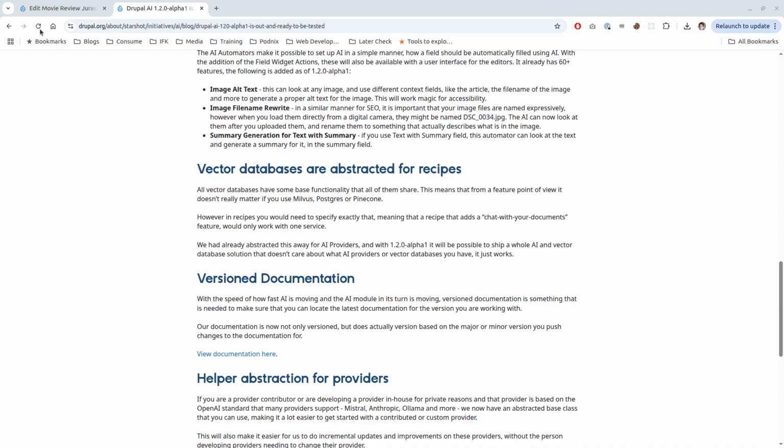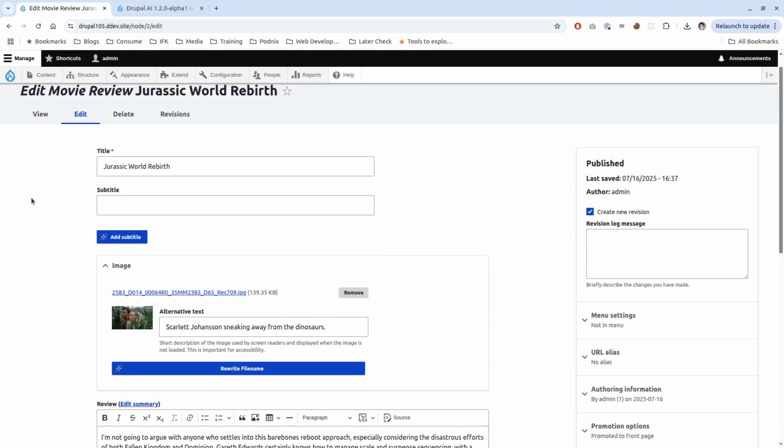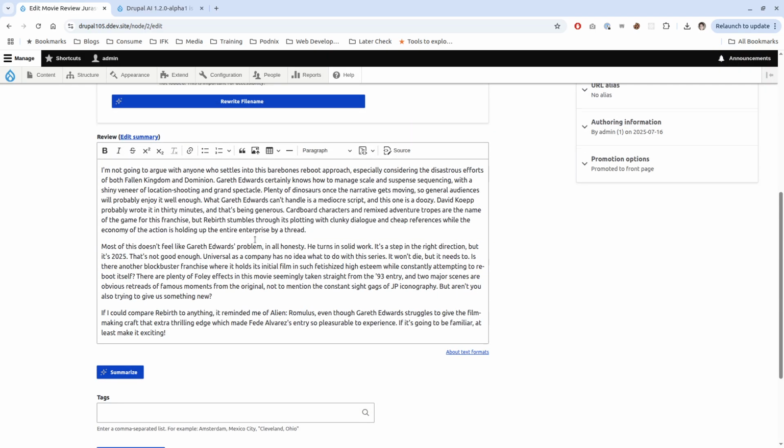And I'm gonna showcase maybe the most important feature, at least that you see, and at least for agencies that work with heavy editorial workflows, and that's a module called Form Widget Actions that comes with the AI module now. What this does is, I have a movie review content type here. I've just copied something